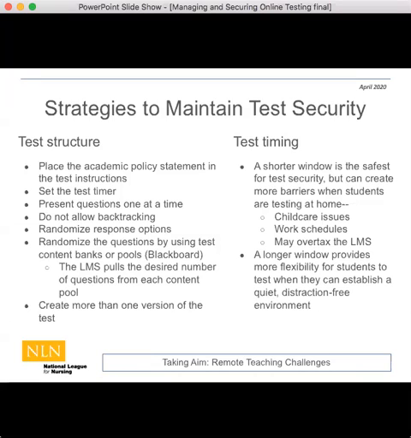And I've extended the window. The test I gave last week, I actually ended up opening over 4 days, which I have never done. But I can tell by the scores that for some students, it didn't really help them. Some of them needed the additional time. A lot of them needed to be able to do it at odd times after their kids were in bed or whatever. And so that longer window really provided more flexibility for them.